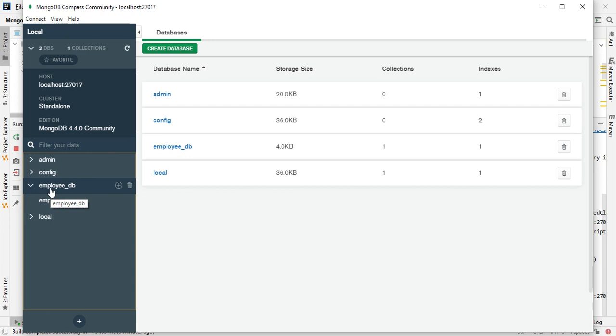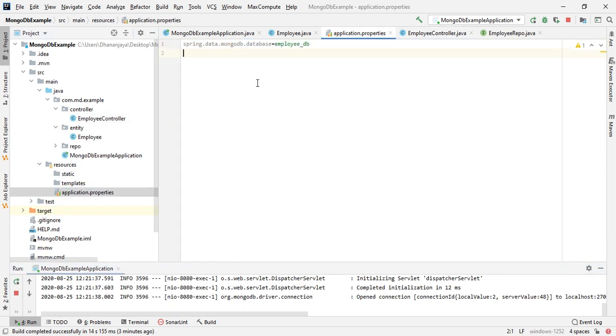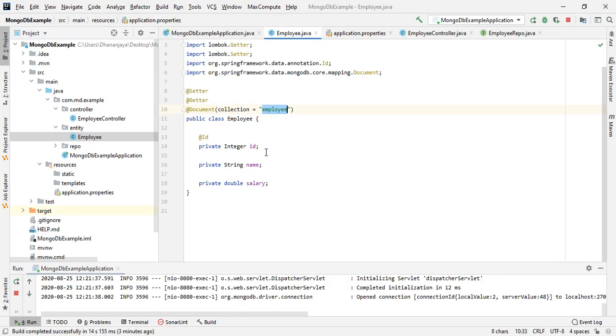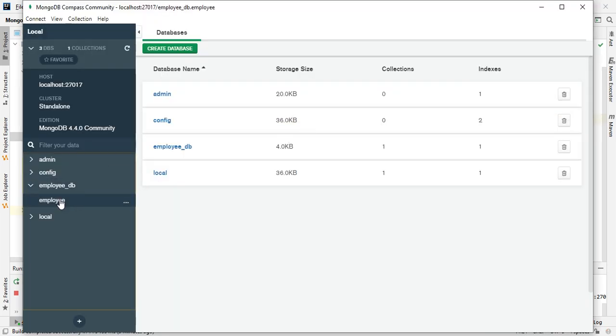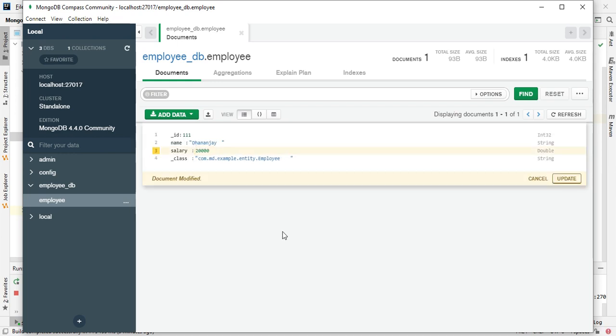That is internally creating the database and collection based on our configuration. If you see here in the application.properties file, we have given the database name as employeeDB, so it has created the database as employeeDB. The collection name we have given in the document annotation as employee. That's why it has created employee here. Let's go to the employee. If you see here, the 111 Dhananjay 20,000 record is there.